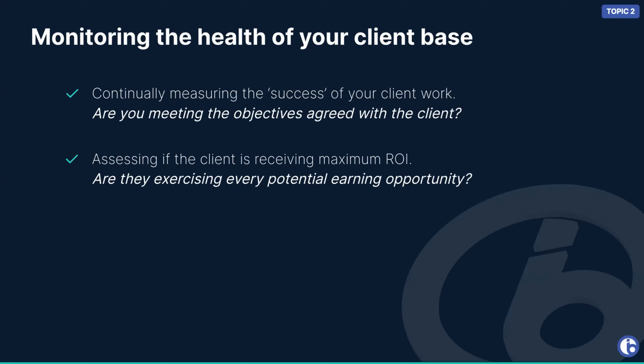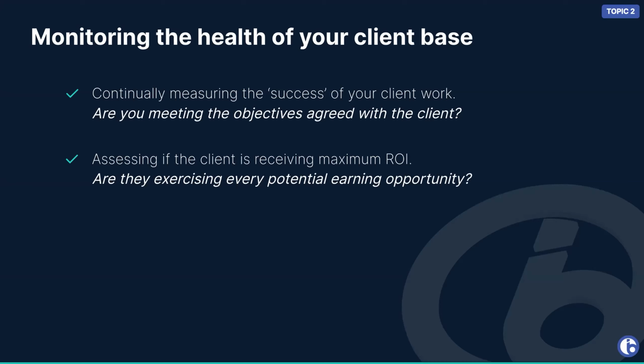It's up to us as their marketing specialists to make sure that they are exercising every potential earning opportunity that they have. So if you truly believe that they could have a better return on investment via Facebook than via Google, or that they might hit 2 different platforms and then potentially double their sales, triple their sales, quadruple their sales. If you know that this is possible, but you're not sharing this information with your client, then you are not hitting the objectives.